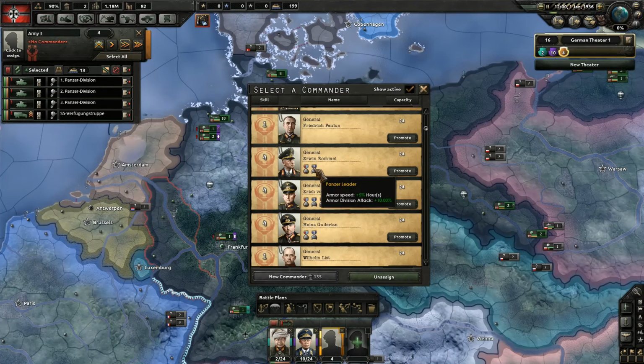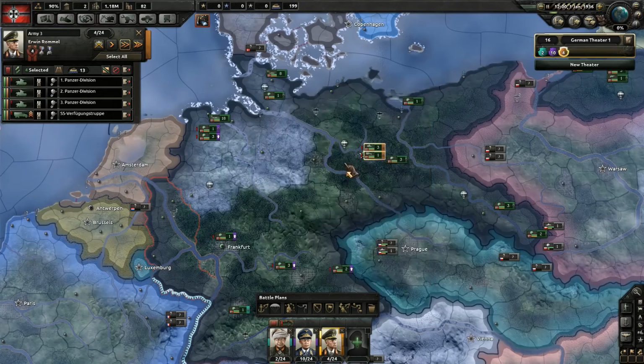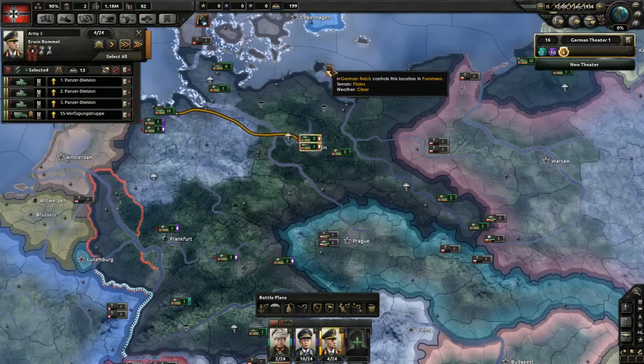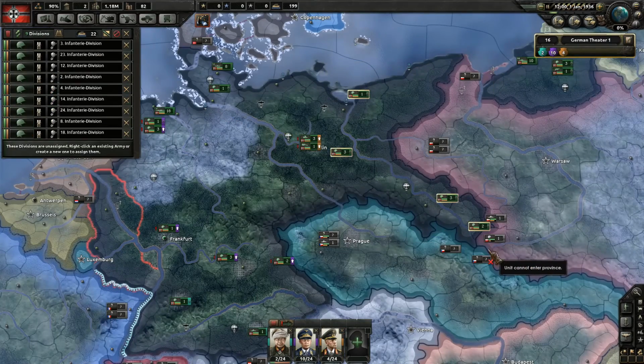So we're going to take Rommel, because Rommel's a panzer leader and he's a trickster. So he is really great. So we're going to get those guys over there as well. Everyone else now is going to get added into